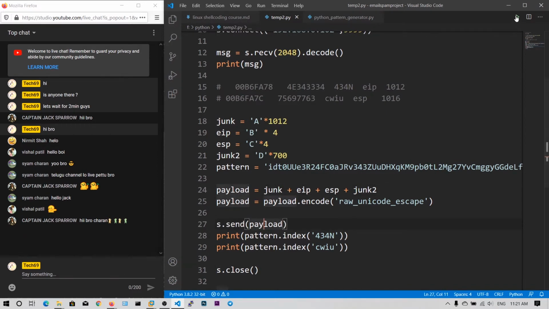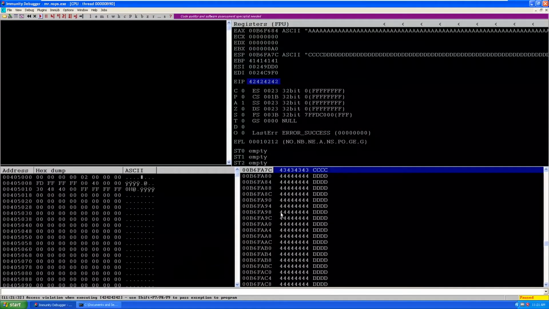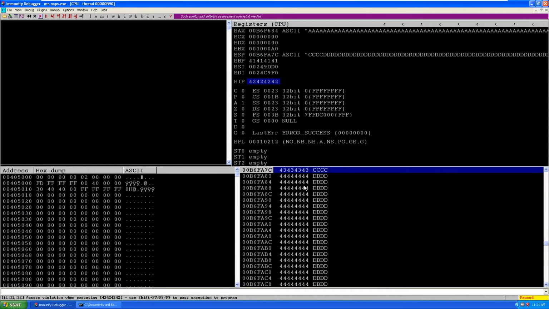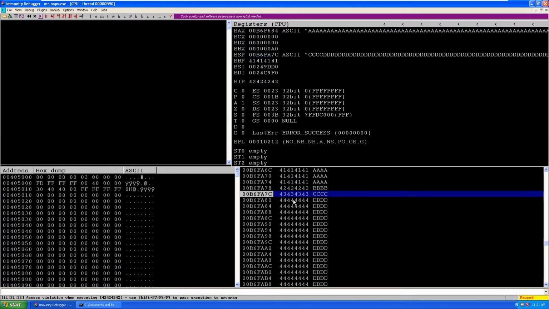Now let's run our Python script. And there you go guys. Now ESP points correctly to 4 C's as expected, and EIP contains 4 B's exactly as we expected.